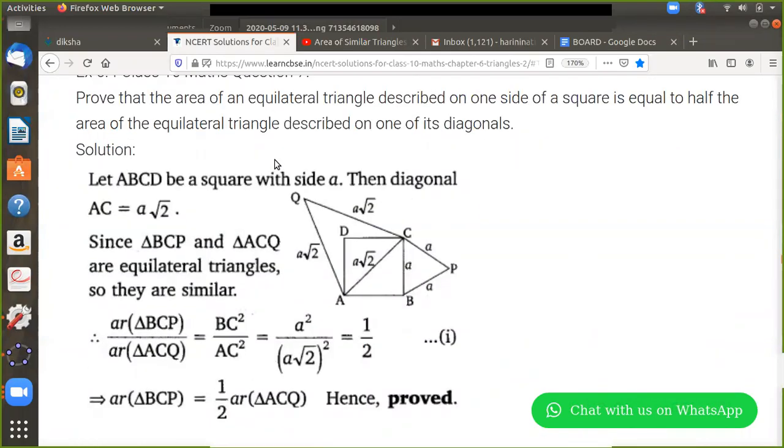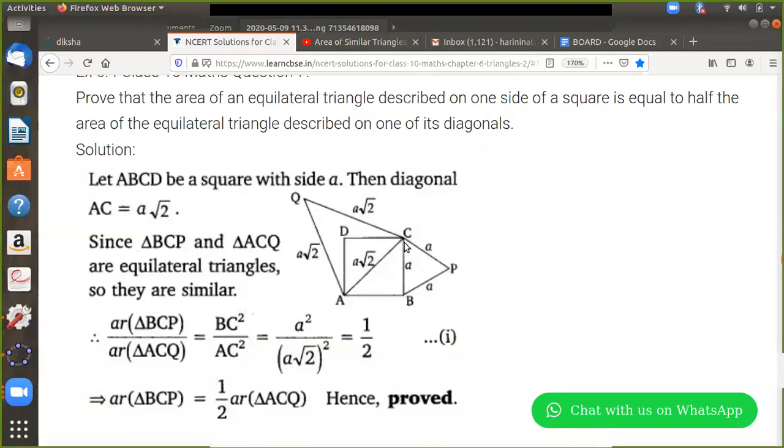So this is how the diagram will look like. That's why I told you draw 2 triangles. So my ABCD is my square. The first equilateral triangle that I've drawn is on the side BC. Because it's an equilateral triangle, I have all the 3 sides equal. Because the triangle is sitting on the side of the square, if the square is having an edge of A units, all the sides of this triangle CPB will be having A as its edge.